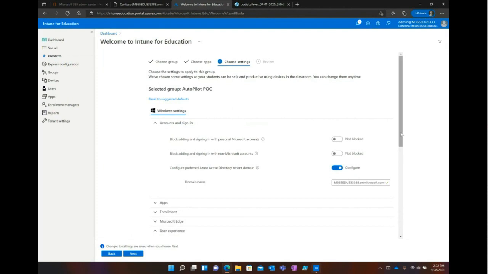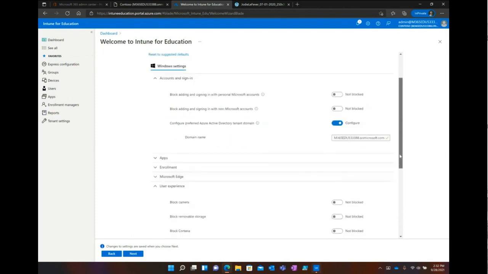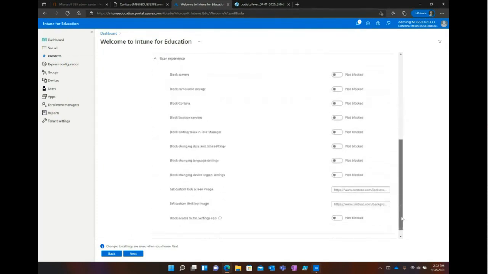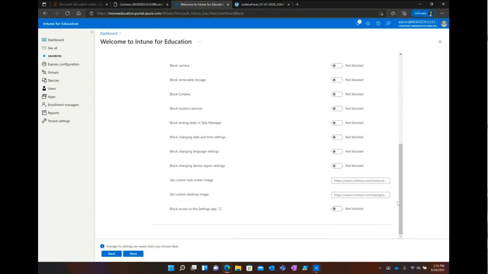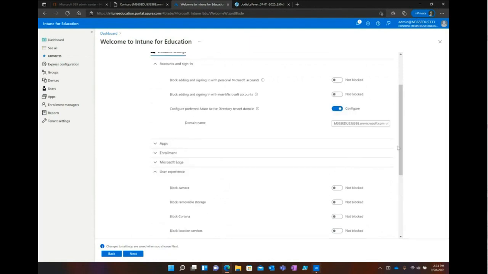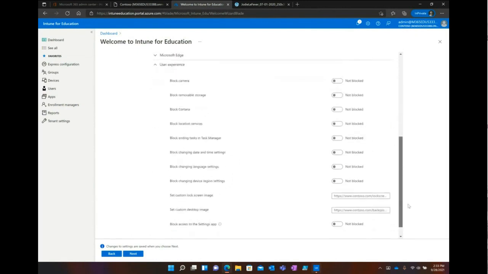You can customize the user experience, blocking removable storage, setting custom lock screens, desktop images, and so forth. You can block the settings app altogether, like Control Panel, or you can just block portions of the settings and Control Panel pieces.